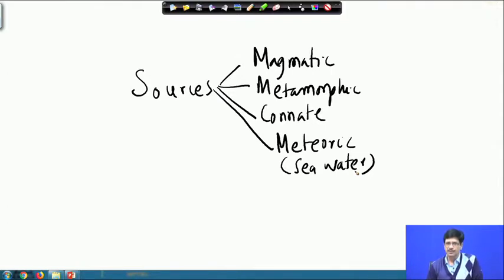We know it contains about 3.5 weight percent in terms of salinity, and we know that all these are the dominant types, and some other type like juvenile water, its involvement in ore deposit formation is not that well known. And the magmatic fluid, metamorphic fluid, connate fluid, meteoric fluid, they are all having their own identity in terms of their temperature and salinity characteristics. So, the basic idea is that whenever we are attempting to study the origin and evolution of a hydrothermal ore deposit through systematic fluid inclusion studies,